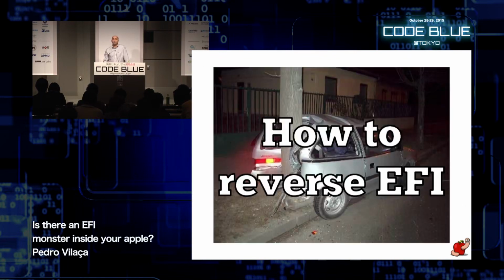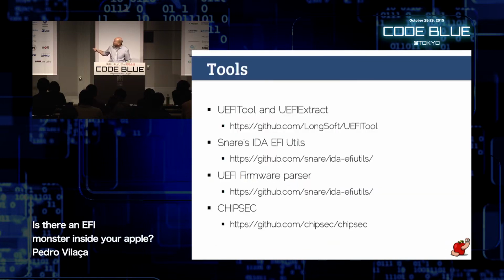Last phase, how to reverse EFI. You have the contents, you know what is there, you can access the contents, you can find the files. How do we start reversing? What is the critical information to start reversing EFI? These are the two most important tools you can have in your toolset. This is the Snare scripts, the ones that reverse from GUID to file names, very important, very useful. And this tool, UEFITool and UEFIExtract,